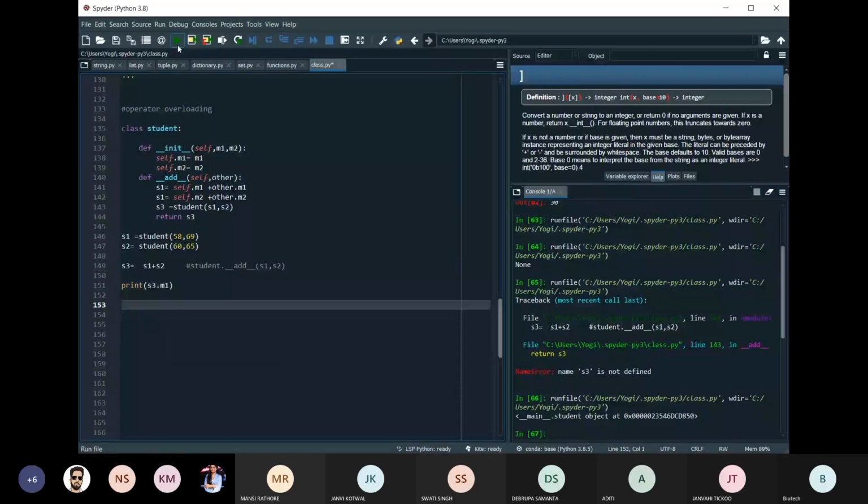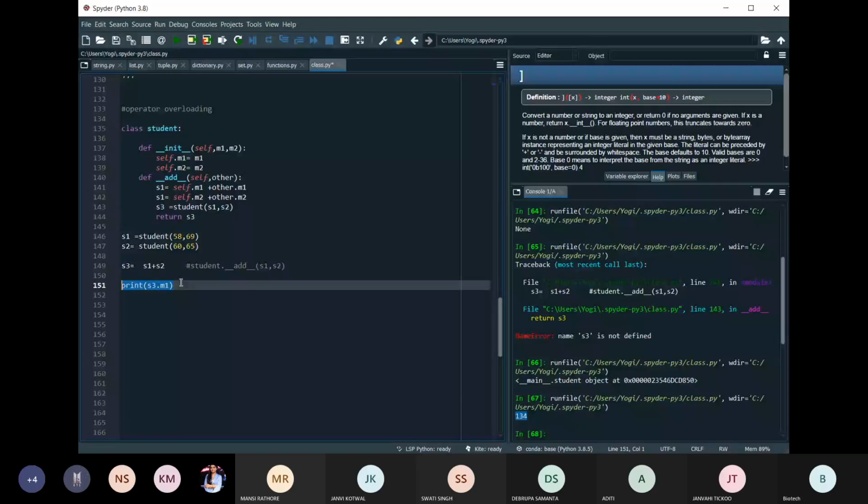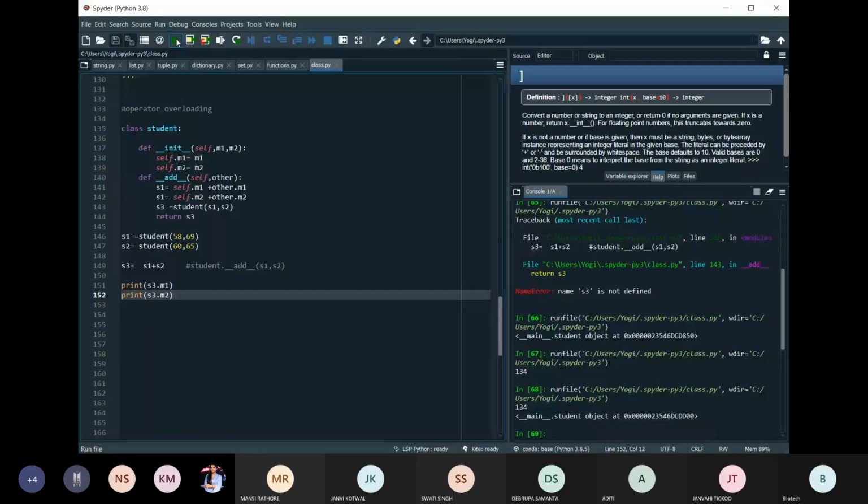Fine, I'm just adding this. So this is the example of operator overloading in a class. Whenever I access through m2, it gives me the memory location where the object is stored.